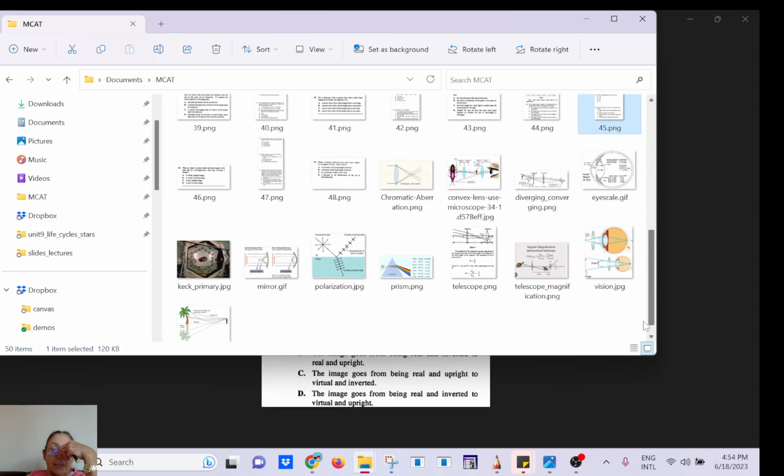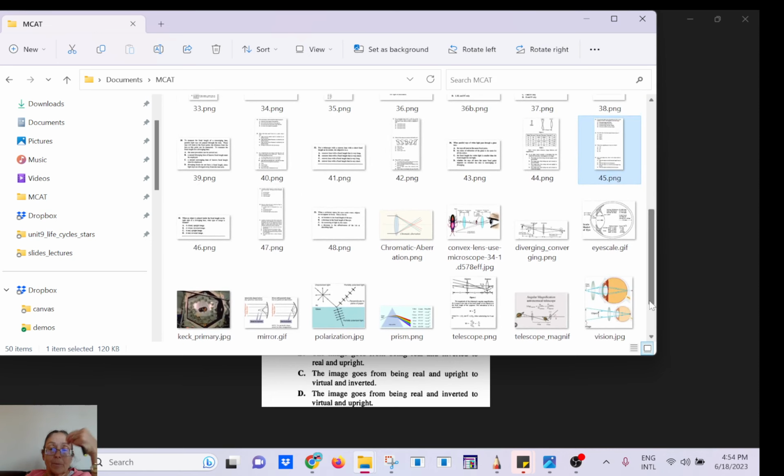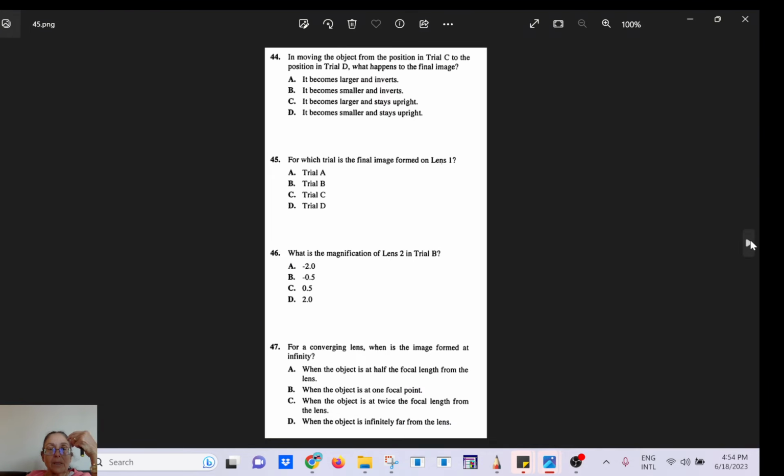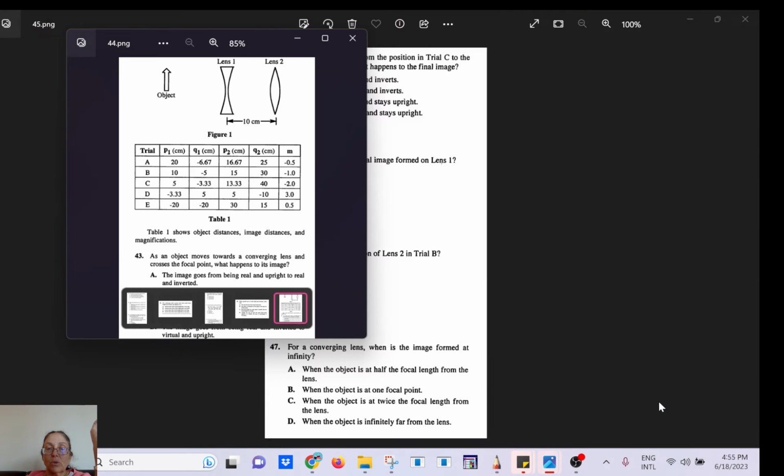So let's keep the table. Number 44. In moving the object from the position C to the position D, trial C, trial D, what happens to the final image? The wording can be confusing. Okay, from C to D. So they want you to compare